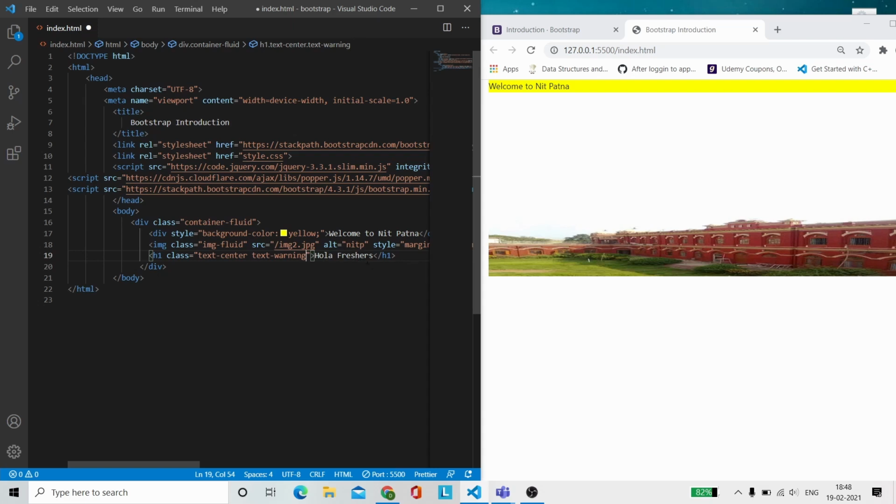So let me show you. As you can see here, I have Hola Freshers. It is centered, and it has a color of yellow, that is text-warning. Okay, now as I told you about the buttons, let me show you about the buttons. So for that, let me include another div, and yeah, so button,